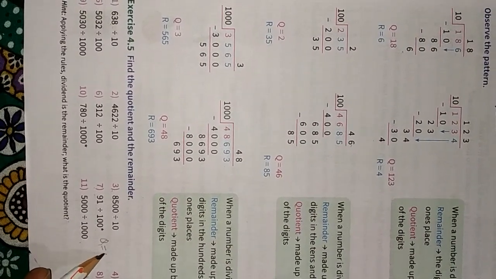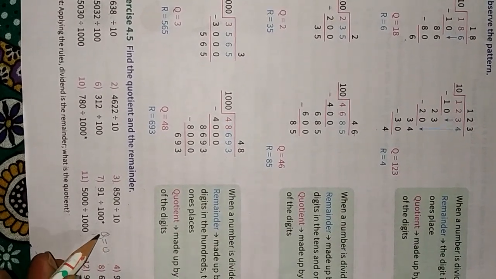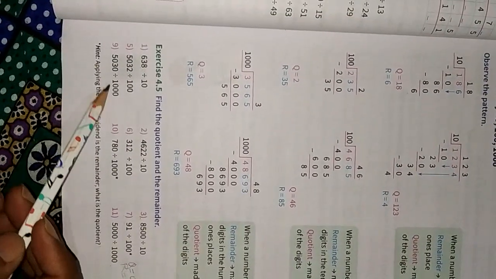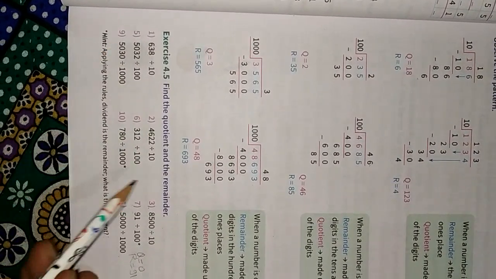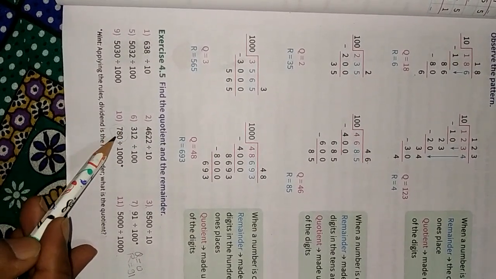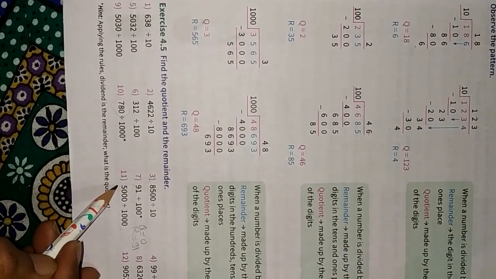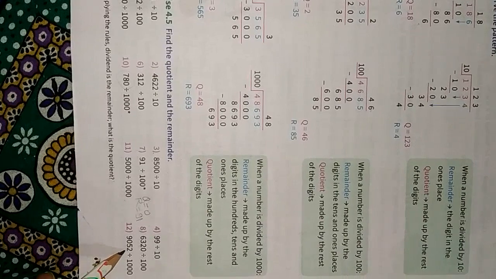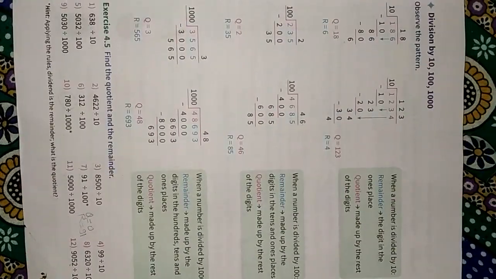Quotient will be 0 and remainder will be 91. Okay. For 1000, 030 means 30 will be the remainder and 5 will be the quotient. Here also the divisor is greater, so this number 780 will be the remainder and the quotient is 0. Here 5 will be the quotient and 0 the remainder. Here 52 will be the remainder and 9 the quotient. Okay. Thank you.